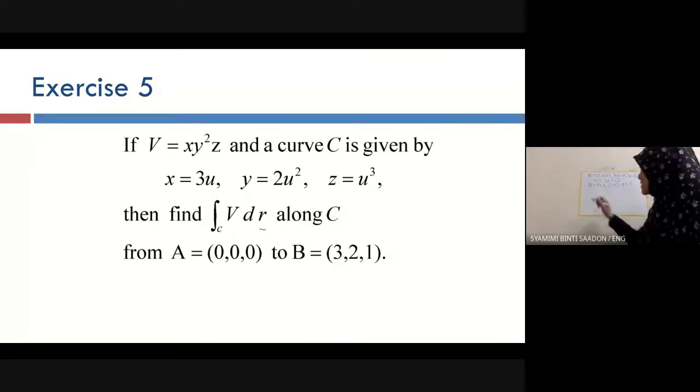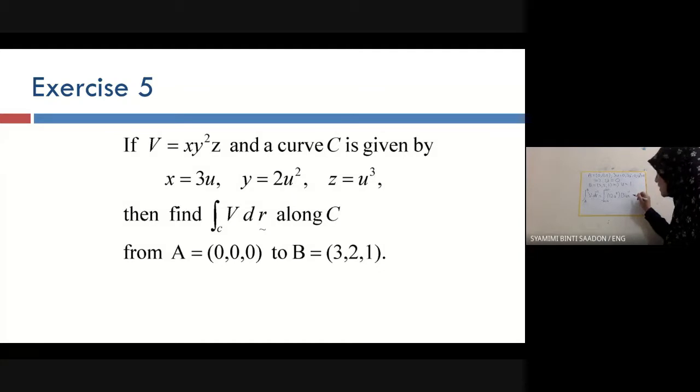So VDR just now, integration from point A to B, VDR. Okay, the answer for VDR just now. So B is u equals to 1 and this one u equals to 0. So V just now 12u power of 8. Okay, multiply with dr that you get just now 3u